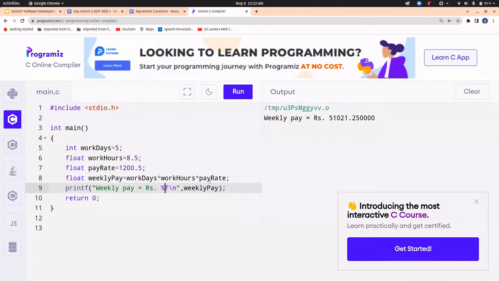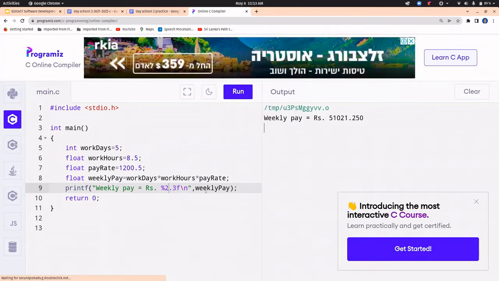But when I type 0.2, say 0.3, you can see up to 3 decimal numbers. You can control by typing this 0.2 and type 2.2. And then